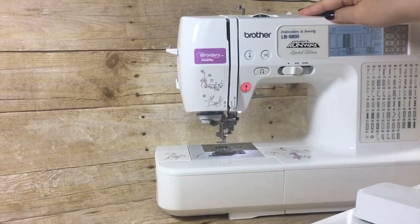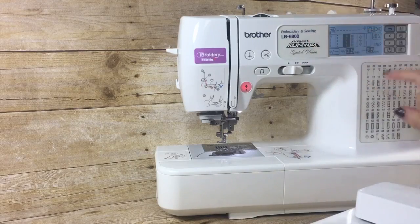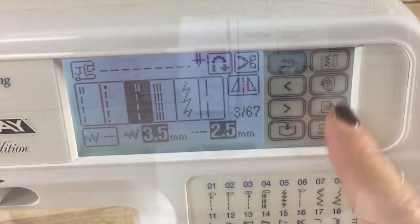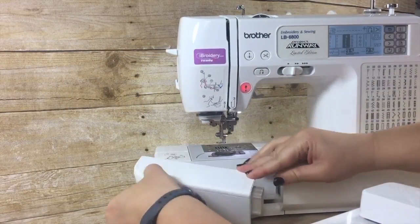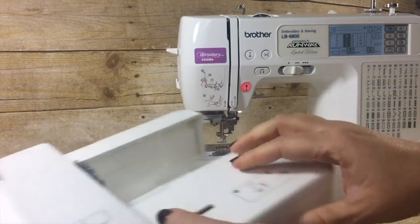So this is my Brother sewing machine. It's actually an embroidery and sewing machine, but you'll notice that none of the embroidery functions are showing up. So the reason for that is actually right here. I need to slide this part of the machine off, and then I have this embroidery table